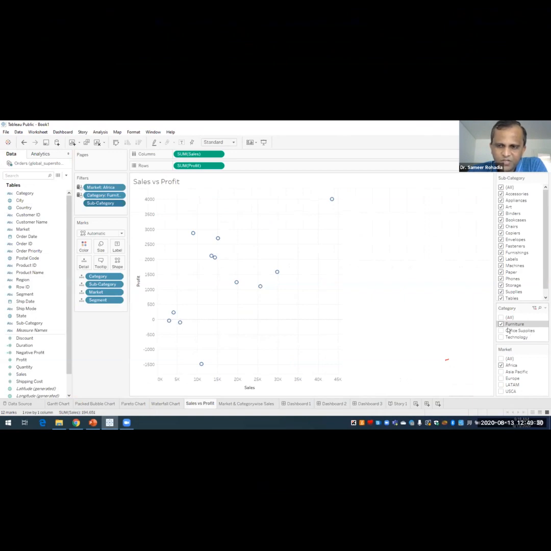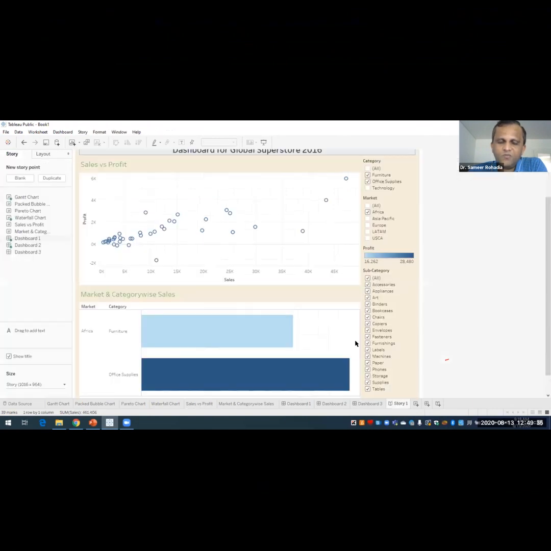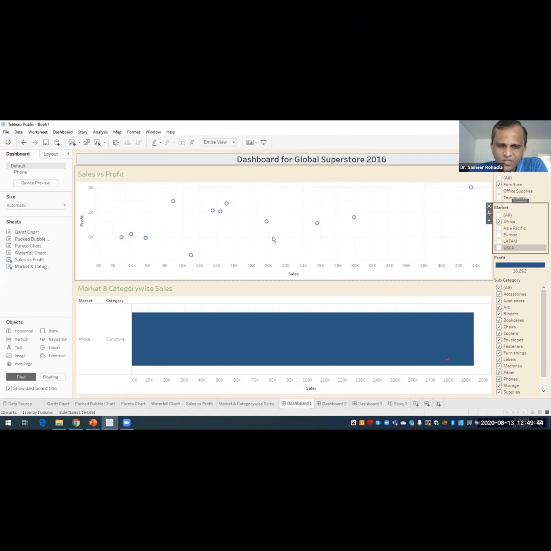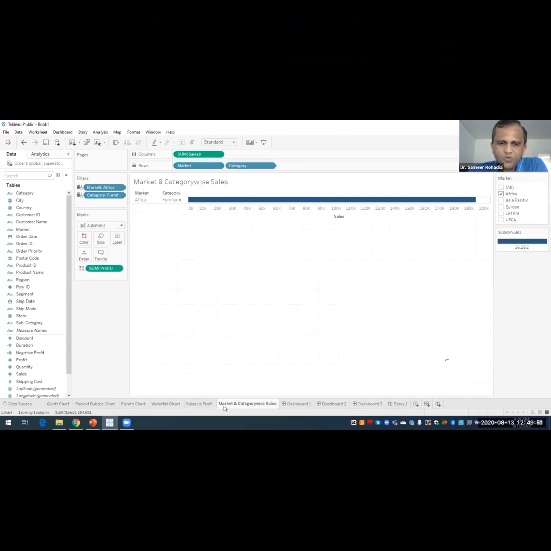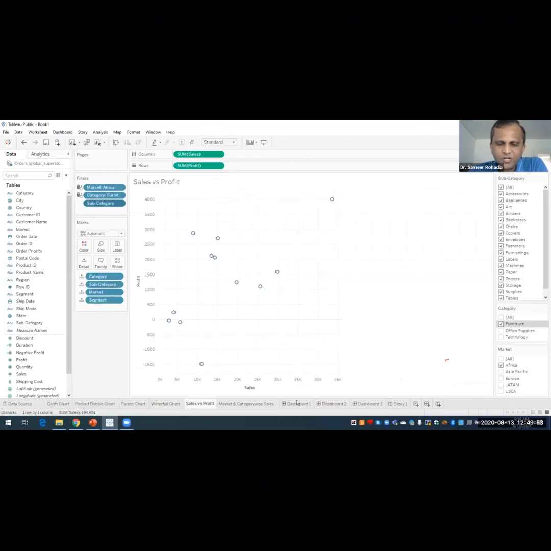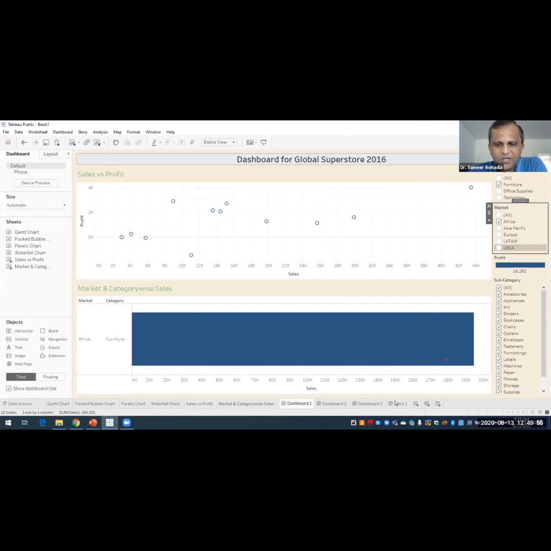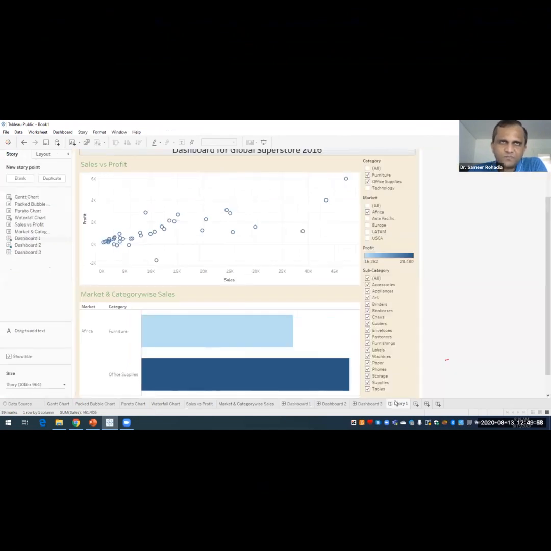So this is the difference: whenever we do any changes in the story, when we play with this filter, that does not get reflected on the dashboard or on the individual sheets. But when we do any changes in the individual sheets or dashboard, that definitely gets reflected in the story. So in story, one way is possible, the reverse is not possible, I would say.